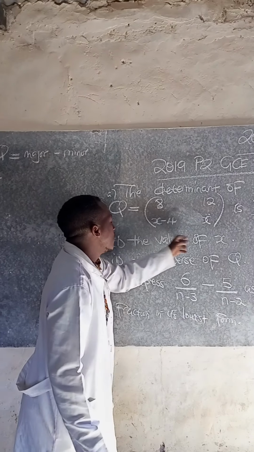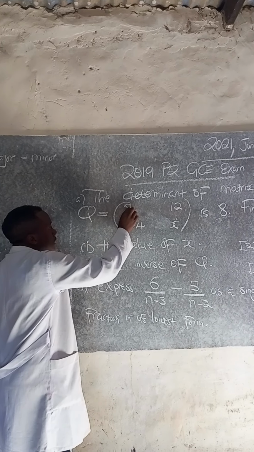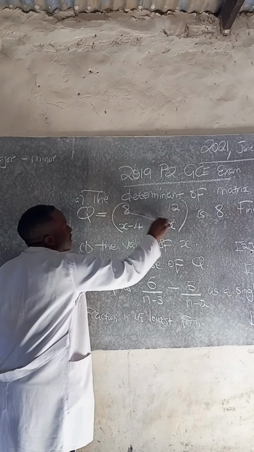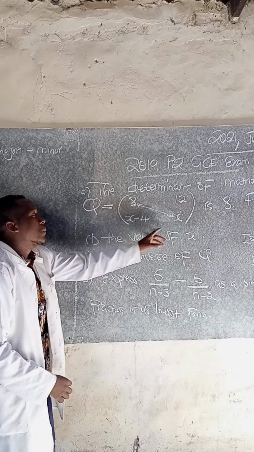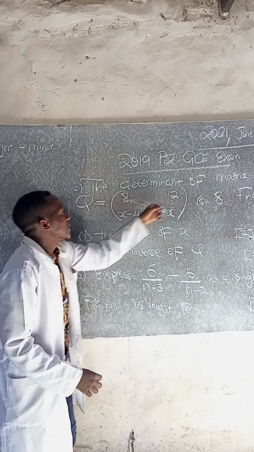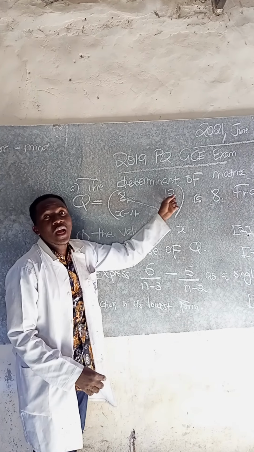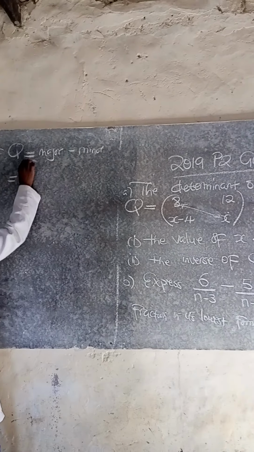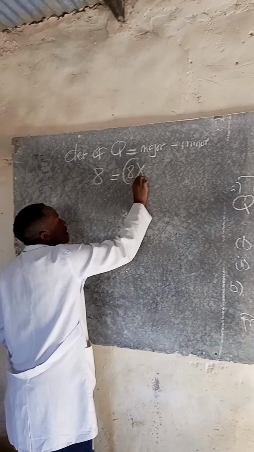So find the value of x. So 8 is on the upper left, bottom right we have x. So this means to say 8 and x are comprising the major diagonal. X minus 4 and 12, they are comprising the minor diagonal. We are going to multiply. So we're going to say on the major diagonal, we say 8 multiplied by